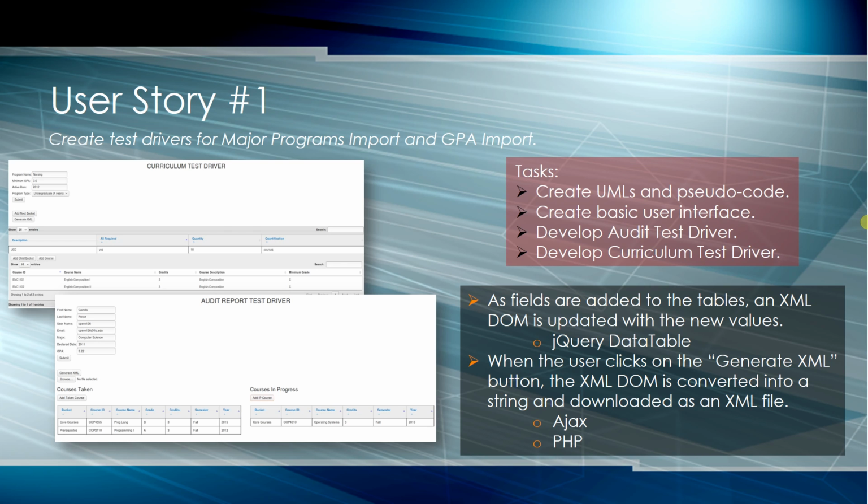So for this first user story, create test drivers for major programs import and GPA import, I created two pages, one for curriculum and one for audit reports, that generate new curriculums and new audit reports, respectively. So the curriculum test driver lets the admin user input all the necessary data about a curriculum, for example, computer science. So the admin can input all the required courses, the required GPA, the minimum required grade for each course,